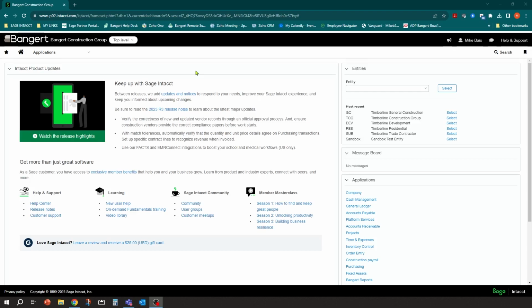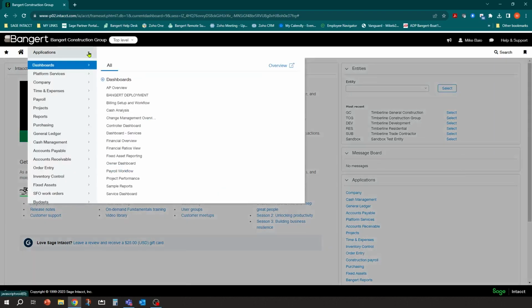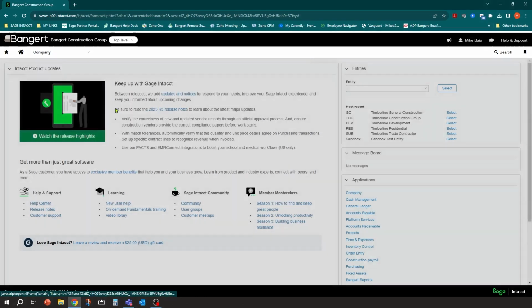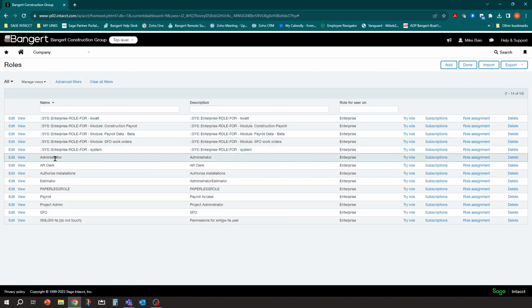So let's first go in and take a look at the new payroll reporting tables that you have available to you. Best way to see them real quick and make sure you have the proper security to them is to go into the security roles that you have established in your instance. So if I go into company roles, and you have several different roles that you have set up here, go into the roles that are going to need to have access to the payroll files for reporting purposes, and take a look.